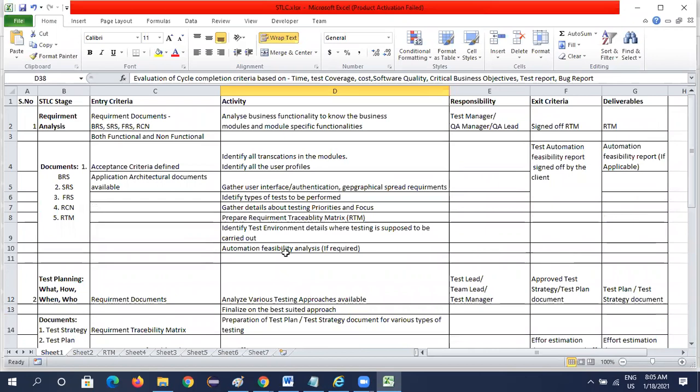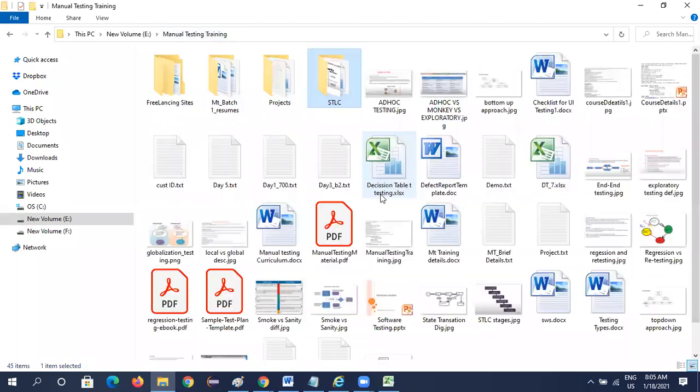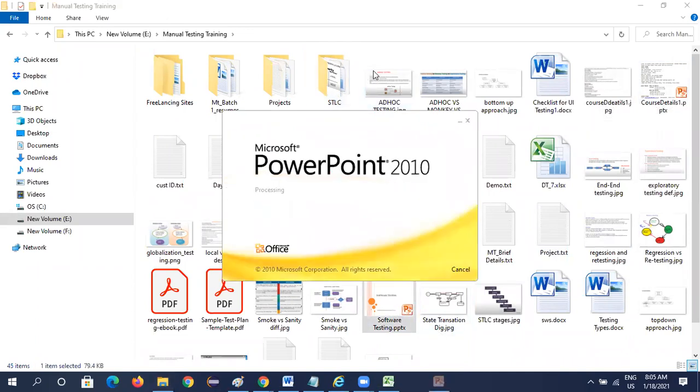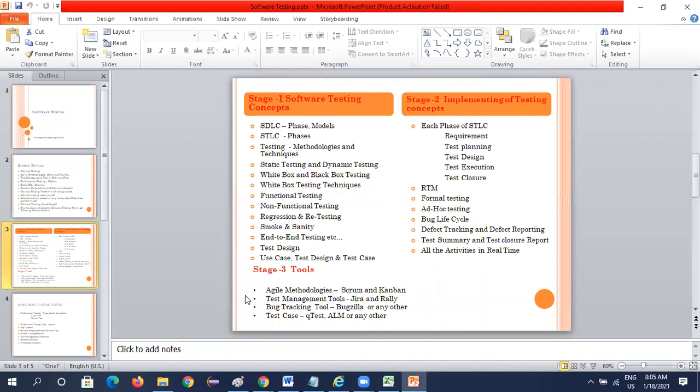So now we have completed stage one completely, and stage two is almost completed. We need to do practicals in stage two: writing test cases, analyzing the business requirements.